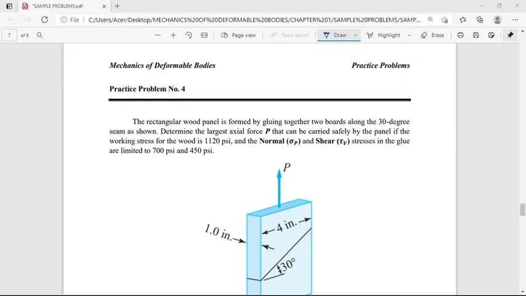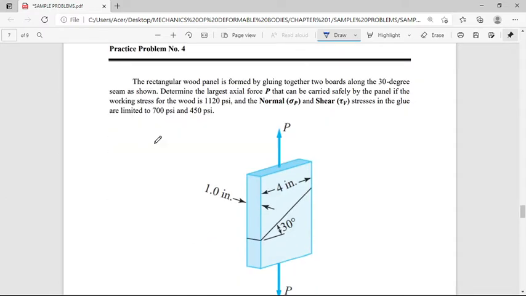Okay, for our fourth example for this topic, we have here a rectangular wood panel formed by gluing together two boards along the 30-degree seam as shown. So we have here a 30-degree seam and that's where it was glued. Determine the largest axial force P that can be carried safely by the panel if the working stress for the